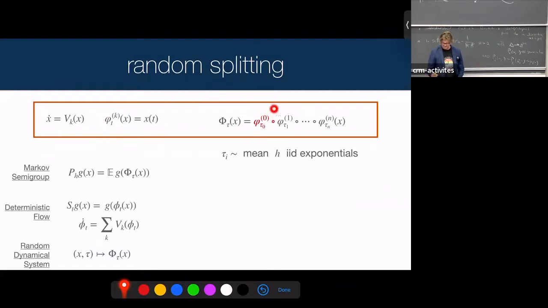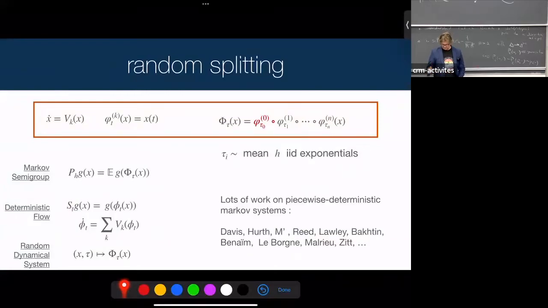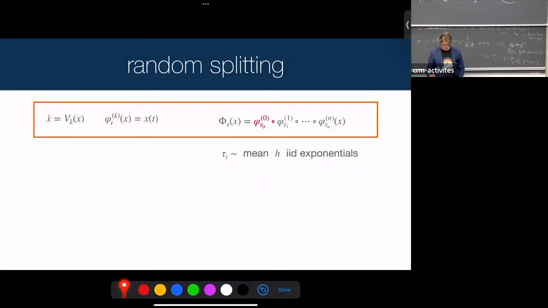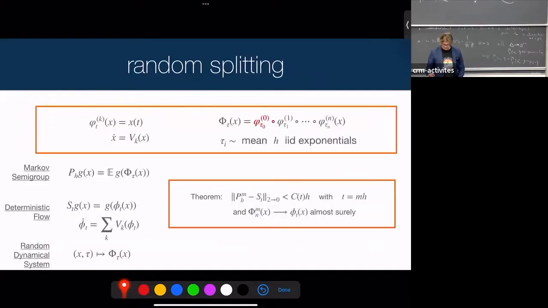IID. And this is just, if I want to do Navier-Stokes, I just put in a dissipative and a forcing term. And now I have some Markov semigroup. And then I have the original deterministic semigroup of Euler. There's a lot of work in this right now, but let me just skip ahead. I could also talk about Lorenz, but I'm not going to talk about it right now. Let's just stick with Navier-Stokes. So the first thing we can prove, just as a sanity check, is that if you fix a finite time and take enough steps to get there, m steps at step size h, so I'm taking exponential random variables with mean h, okay?